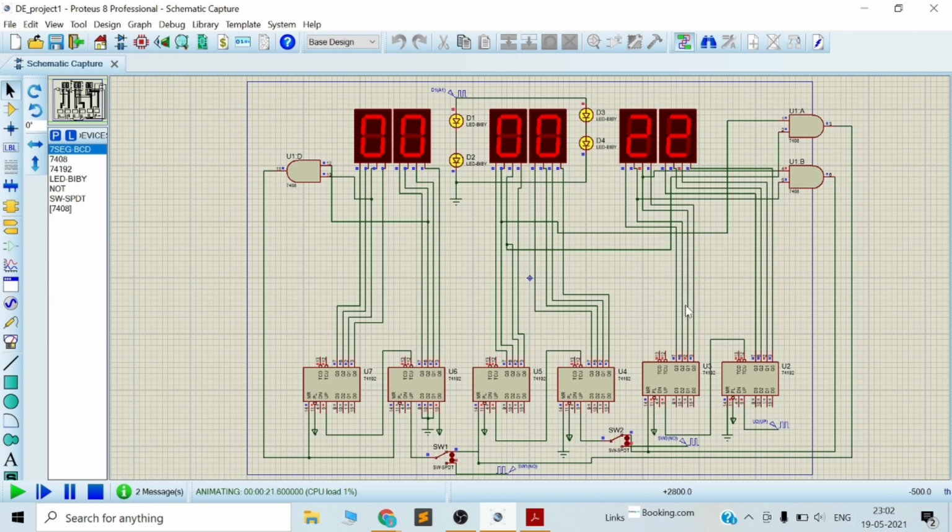In order to count up to 59 seconds, when the first IC reaches 10 in decimal, or 1010 in binary, by default it resets to 0 through terminal 12. It sends the pulse to the second IC in order to start its counting. The process is repeated up to a point when the first IC counts 10 in decimal and the second one, this one, counts 5 in decimal.